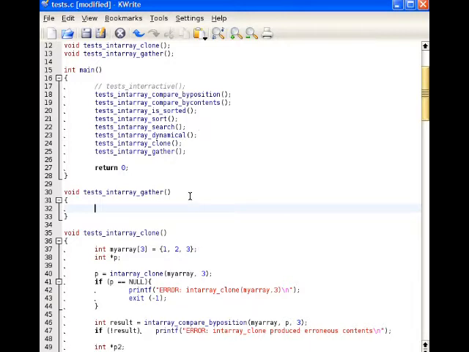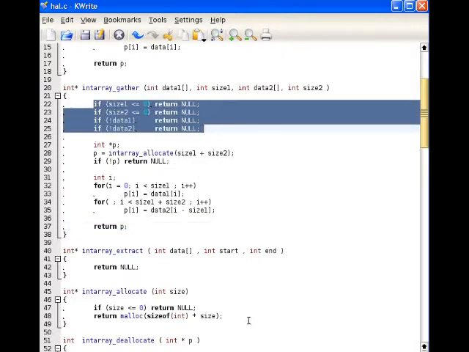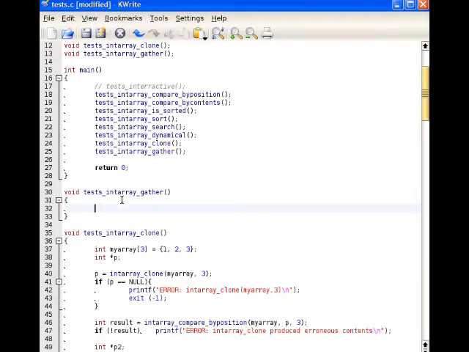Okay, so I go back to how.c real fast. I need to pass two arrays, each with their size. And then I need to test if the function will do something if I pass invalid sizes or invalid array addresses themselves. Everything else here will be handled by the intarray allocate. For example, if I ask for 2 billion size, this is not going to go through smoothly. Maybe this is going to be handled here, but I'm going to focus on testing all of those little error situations. So I go back to test.c,